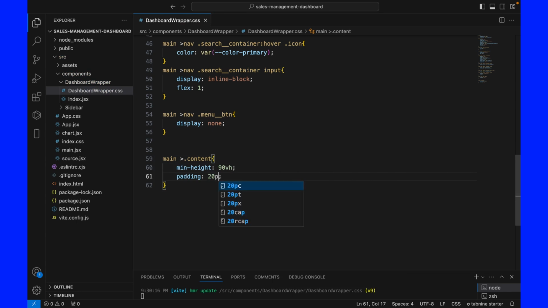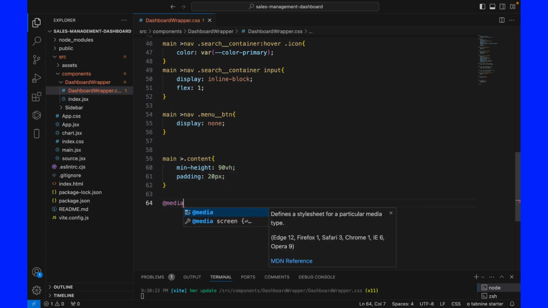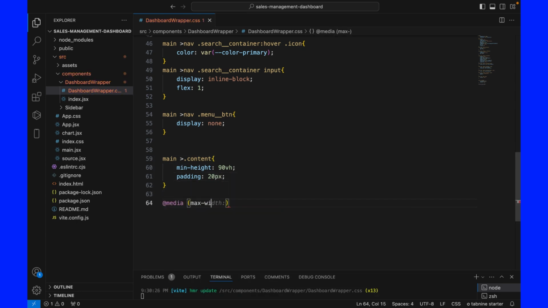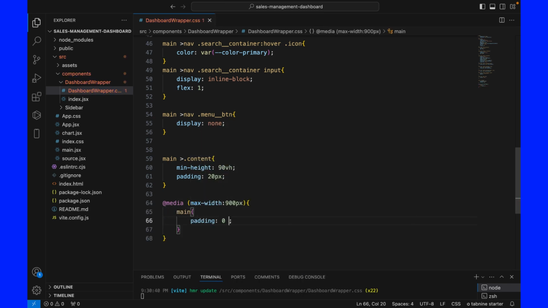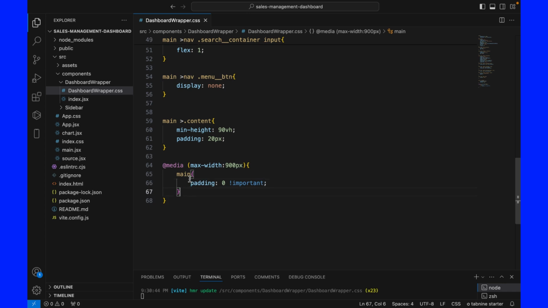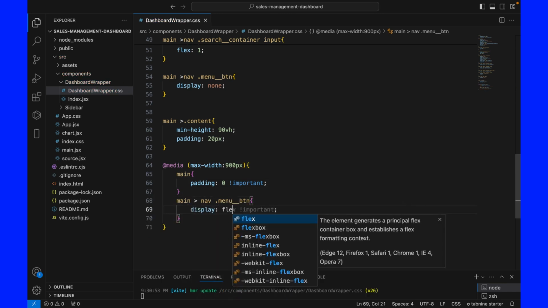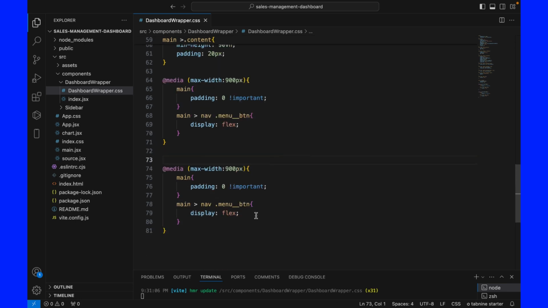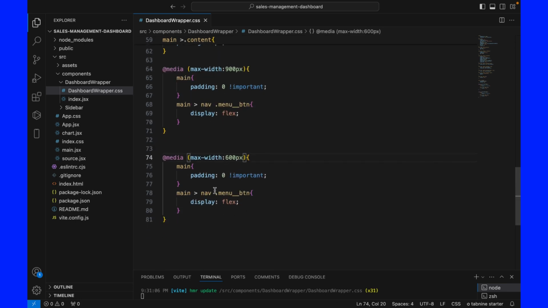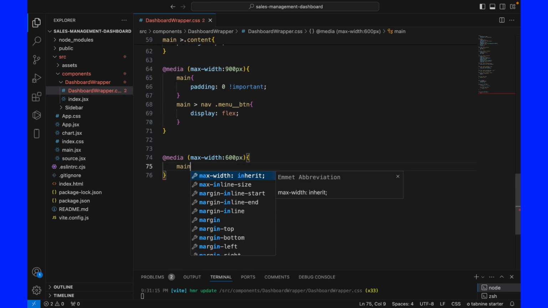and give it a padding of 20 pixels. Now at media, max width 900 pixels. So anything less than 900 pixels, any style we write within this media query will affect it when the width of the screen is less than or equal to 900 pixels. All right, let's say 600 here,